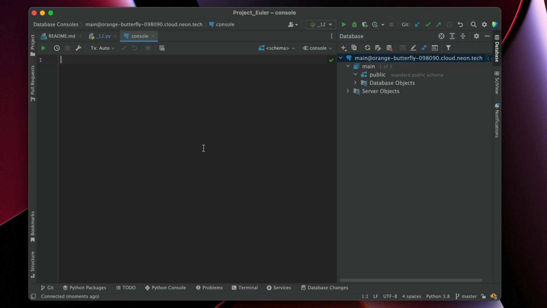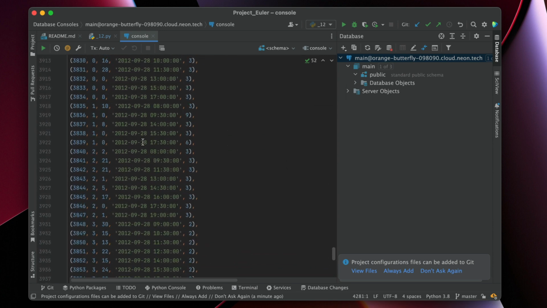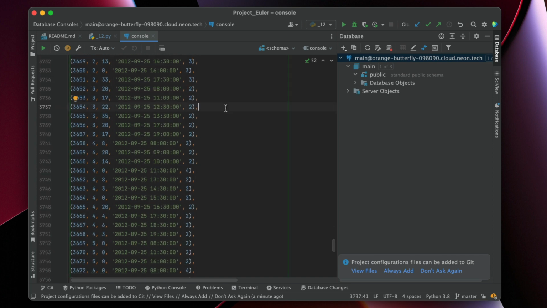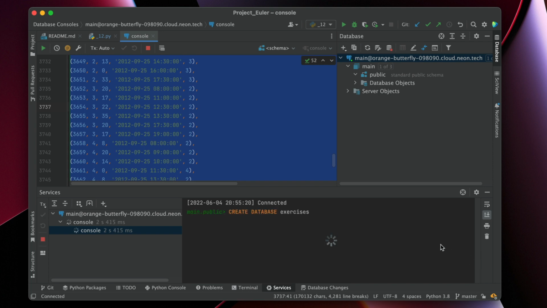Okay, so now that we have our database all hooked up, I'm just going to go in and paste a lot of SQL in there. I got this from PG Exercises. It's always a little SQL script that I use just to test out new databases. It's always been pretty useful. So I'm going to go ahead and run that,